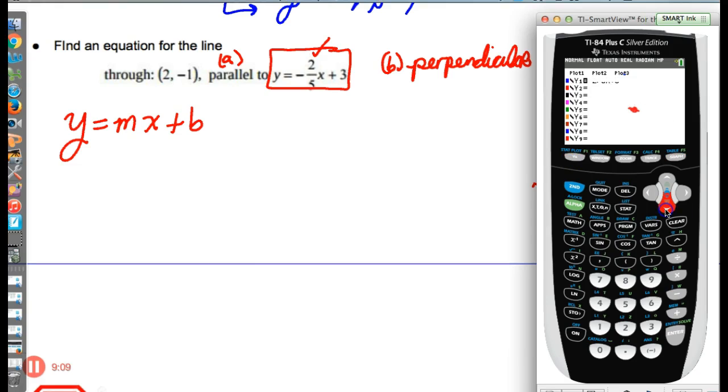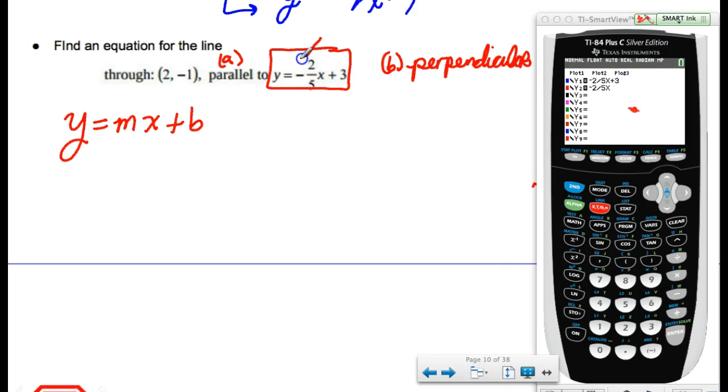Well, I'm going to steal the slope of the one above it because I need to run parallel, so I need to have the same slope. I'm stealing this slope because I'm running parallel. Y will have to equal negative 2/5 x plus